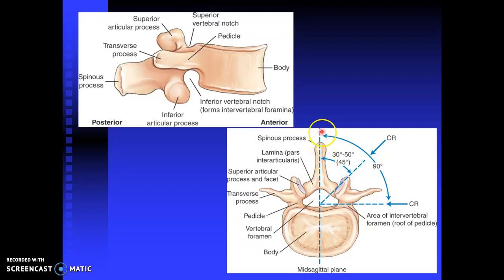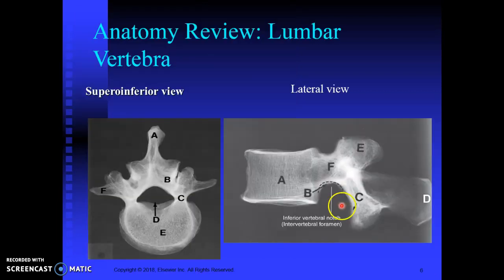The spinous process projects posteriorly. The angulation difference between the joint spaces that we will view for the spinal column, the zygapophyseal joints, ranges between a 30 to 50 degree rotation. 45 is our average rotation, and then for the full 90 to a lateral view is where we will see the intervertebral foramen. The anatomy, as seen on a radiograph of the vertebrae, includes the spinous process, the pars interarticularis,